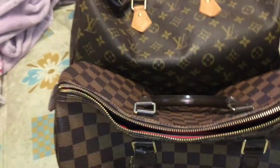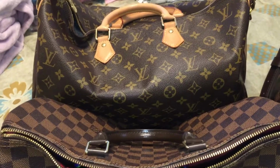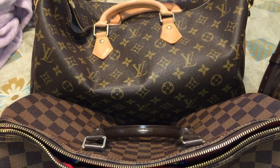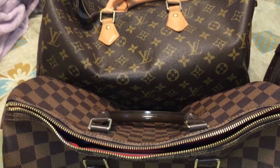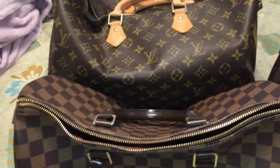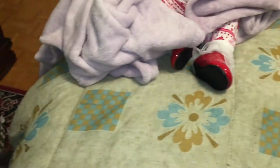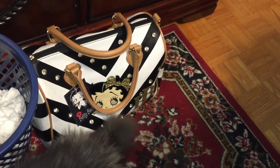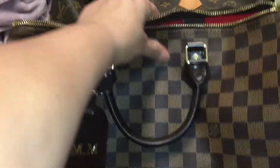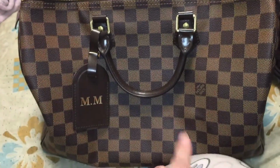I don't overfill my bags. I just do the best that I can with keeping them. The stuff that I carry, like I said, a date book, carries its own weight, but it's pretty small. My date book is not super heavy. The bag that I'm using now, let me see if I can pan to it, is my little Betty Boop. It's like the size of a Speedy, which is super cute. It's almost the size of the Speedy 35, but I think my Speedy 35 is a little bit